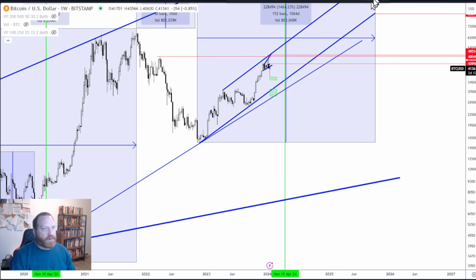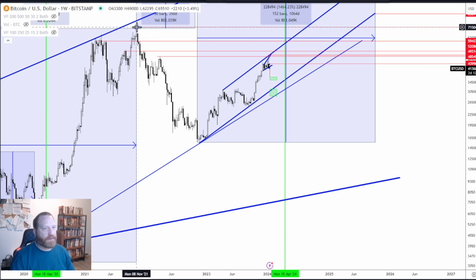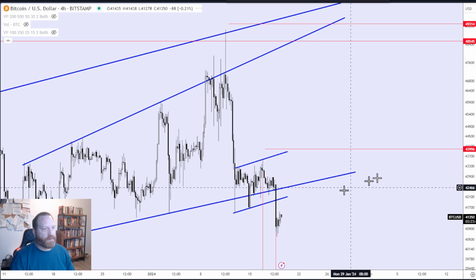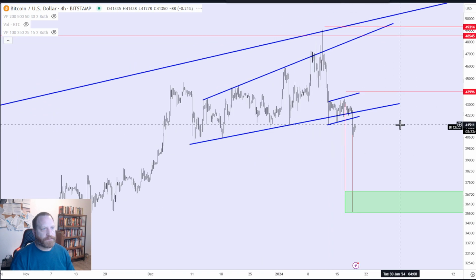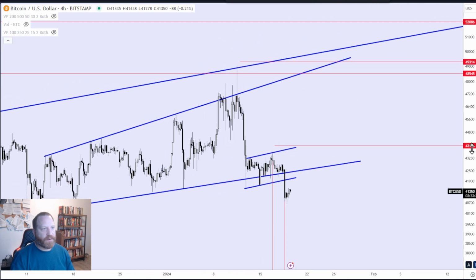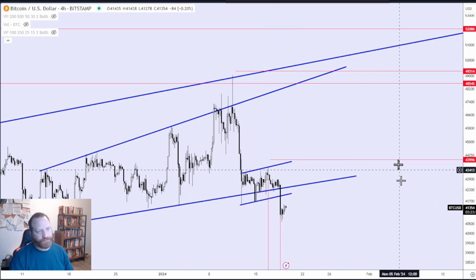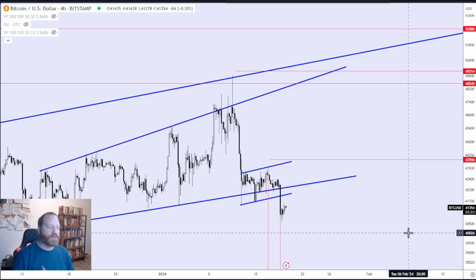Well, the next one is here, and then the next one is somewhere around here, and then the next one is here, which is the all-time high, basically. So now if you zoom down on your 4-hour chart, you got your level here. So the next level would be 52,000. So now let's go into the